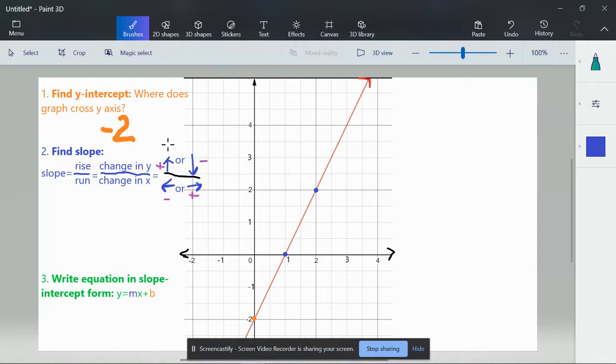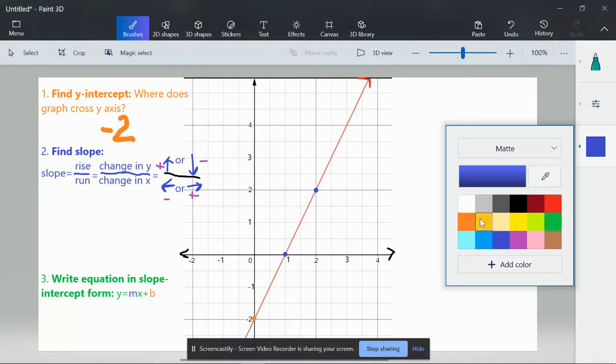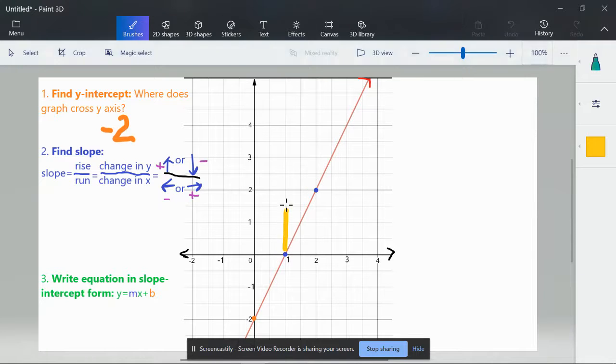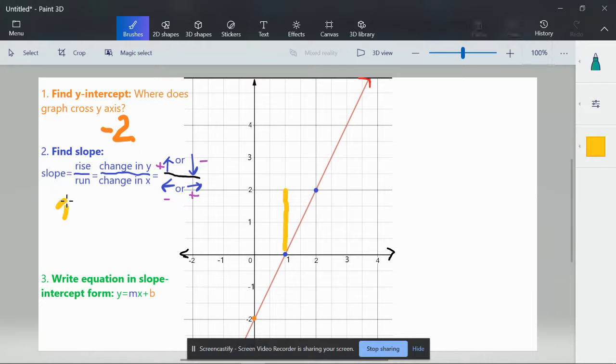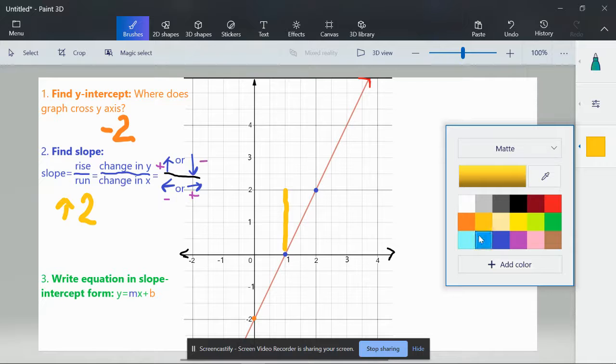first we need to think, do I need to go up or down? If I need to go from this point to this point, we have to go up. We have to go up 1 unit, 2 units. So in this case, our slope is we have to go up 2. And then we have to figure out, do we need to go left or do we need to go